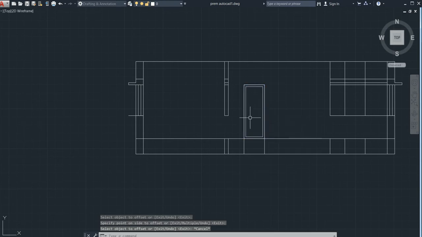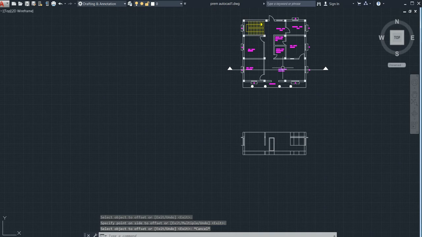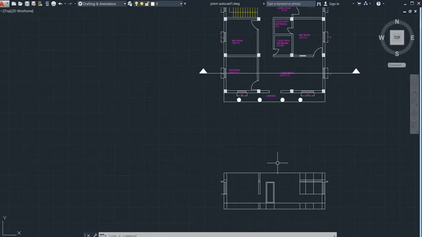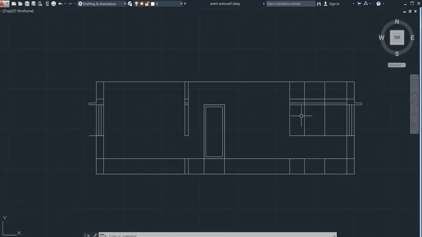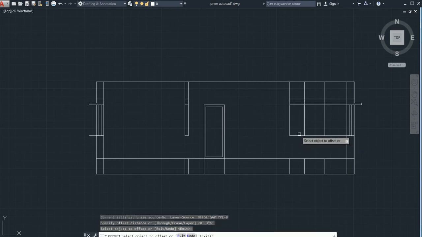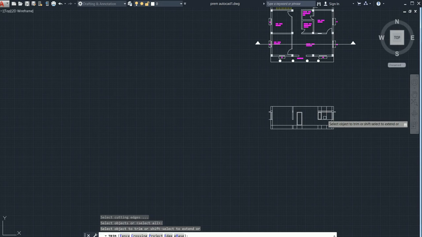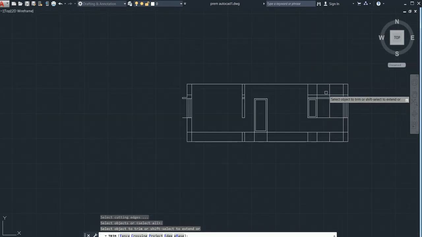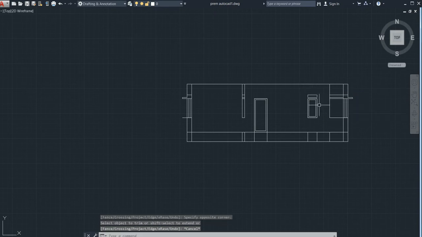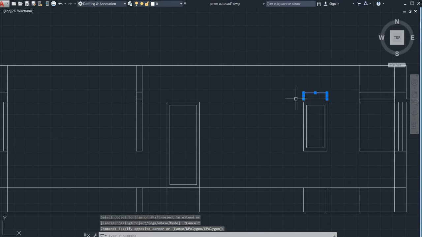Just do it like this, escape it. Now as I already told you, this is our door, this will be our window, this is our window. Go for REC like this, draw, skip it, offset command of 3 inches, just drag it inside, delete it, go for the trim command, trim all this likewise. So just delete this.